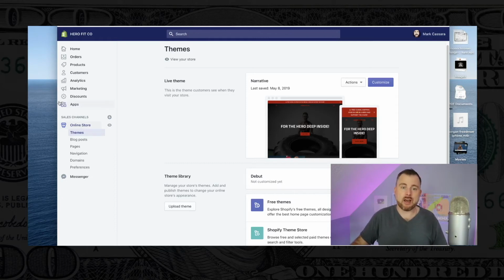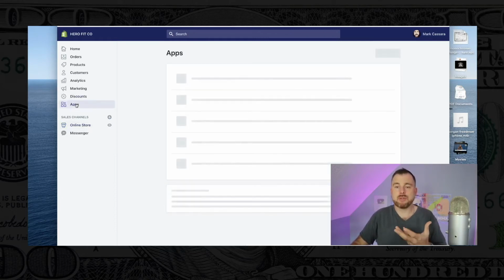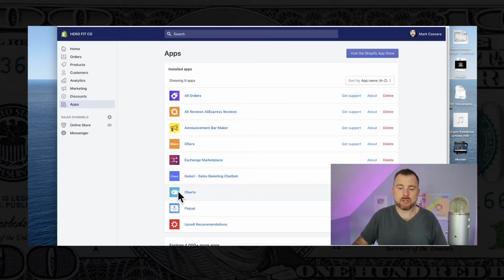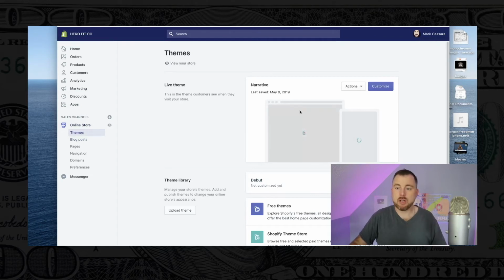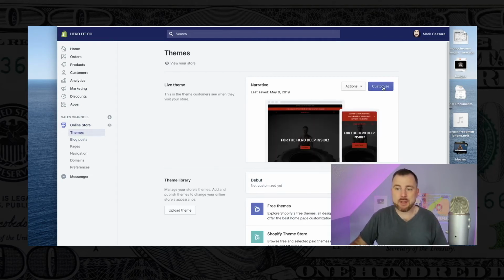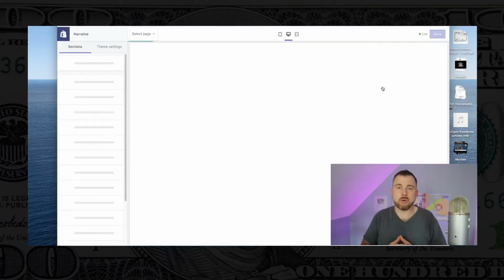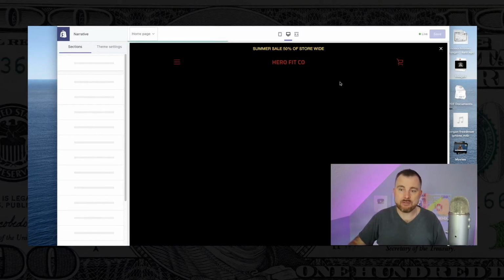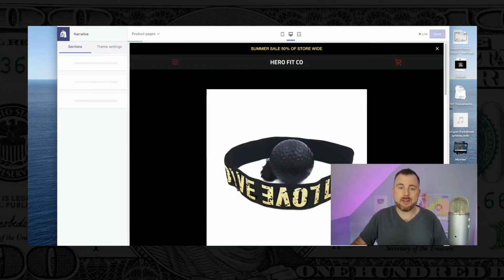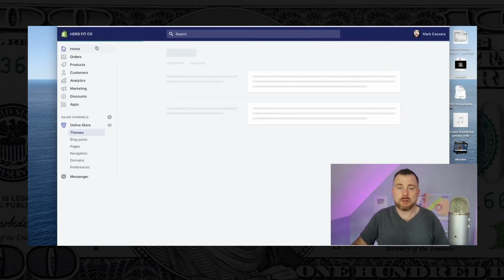Again, once you have Shopify, Oberlo should instruct you how to get their app installed. You're going to want to make sure Oberlo's app is installed in your Shopify store. You can do that through Shopify Apps: search for Oberlo and make sure it's connected. You want to make sure the two platforms are talking to each other. Once that app is connected, you go back to your store and you can just start customizing it. Just start adding products. You can add one main product that you really want to focus on advertising, but you can add a whole bunch of different products as well. Once you have your store set up, you're pretty much ready to roll.